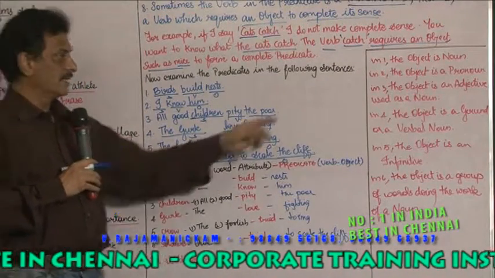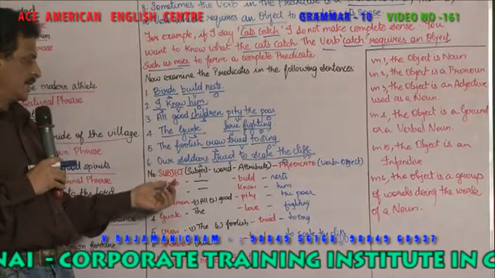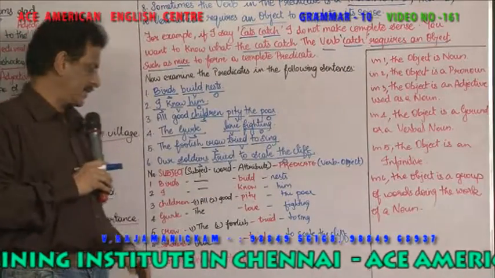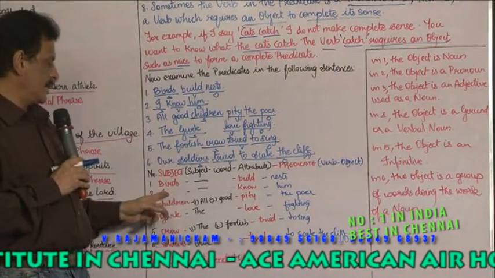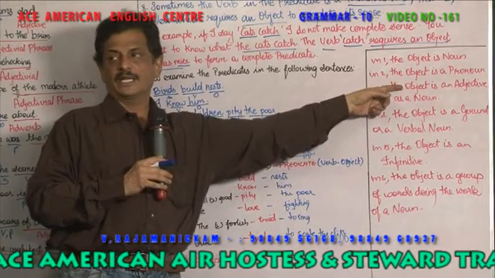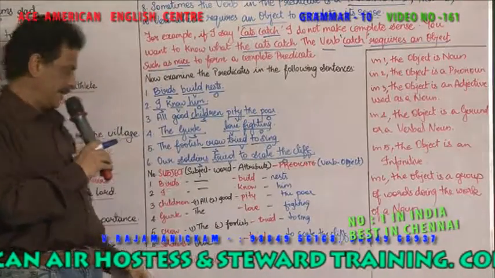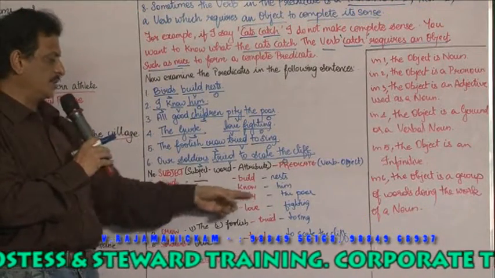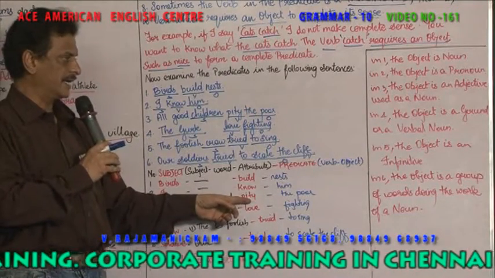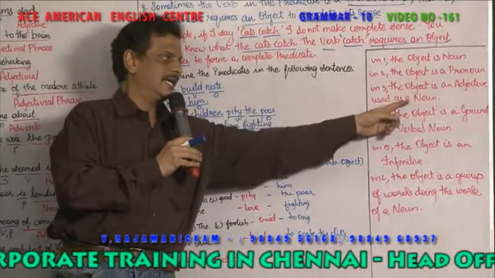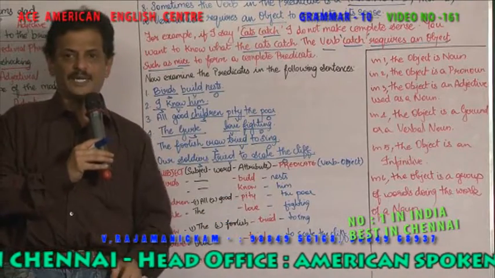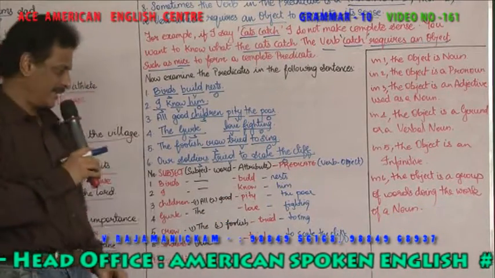Be noticed that thus first the object is noun. Birds build nests, பறவைகள் கூட்டை கட்டுகின்றன. அந்த கூடு என்பது பெயர்ச்சொல் ஆப்ஜெக்டாக வருகிறது. I know him, him என்பது ப்ரொனவுனாக ஆப்ஜெக்டாக வருகிறது. எனக்கு அவனை தெரியும். அவனை என்பது பிரதிபெயர்ச்சொல் ஆப்ஜெக்டாக வருகிறது. All good children pity the poor. The poor என்பது அட்ஜெக்டிவாக வருகிறது, அது பெயர் சொல்லாக உபயோகப்படுத்தப்படுகிறது. The poor-ன்னு சொல்றோம். Poor boy-னா ஏழை பையன், the poor-னா ஏழைகள் என்று வருகிறது.